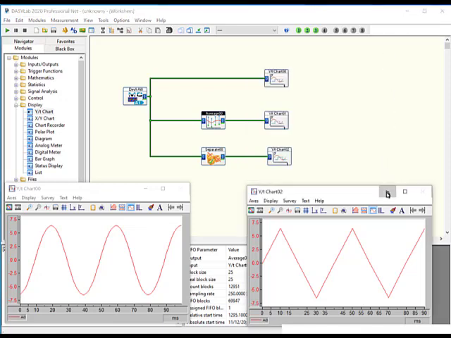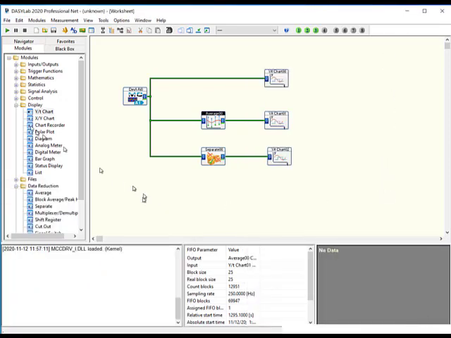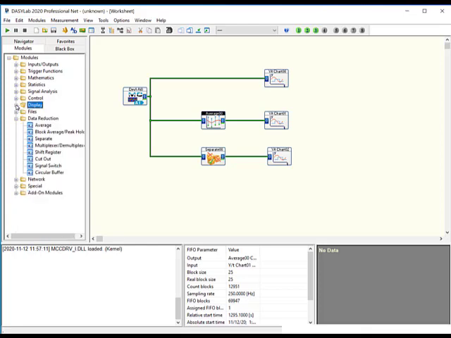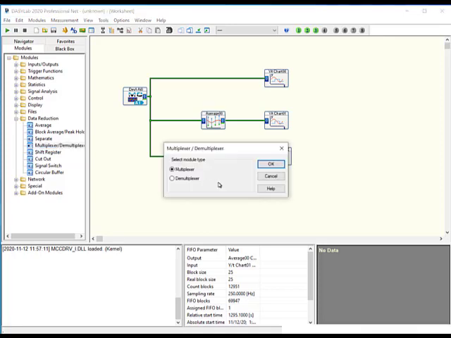I'll minimize the displays and add a third function, the multiplex demultiplex function. So this is in this example simply because it's in the data reduction group. It does something completely different. Instead of changing the number of samples in your data stream or in your data channel, it's going to change the number of channels in your data channel. So we're going to multiplex data together,